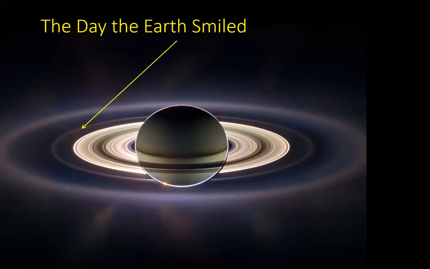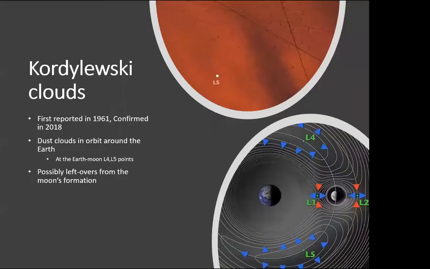Bringing it back a little bit closer to Earth, though, actually a very interesting thing that I discovered in researching this was the Kordylewski clouds. We're going back to those Lagrange points again, and the L4 and L5 points, not of the Earth's orbit around the Sun, but of the Moon's orbit around the Earth. So here, instead of the Sun and the Earth, we've got the Earth and the Moon, and we have the same arrangement of Lagrange points.